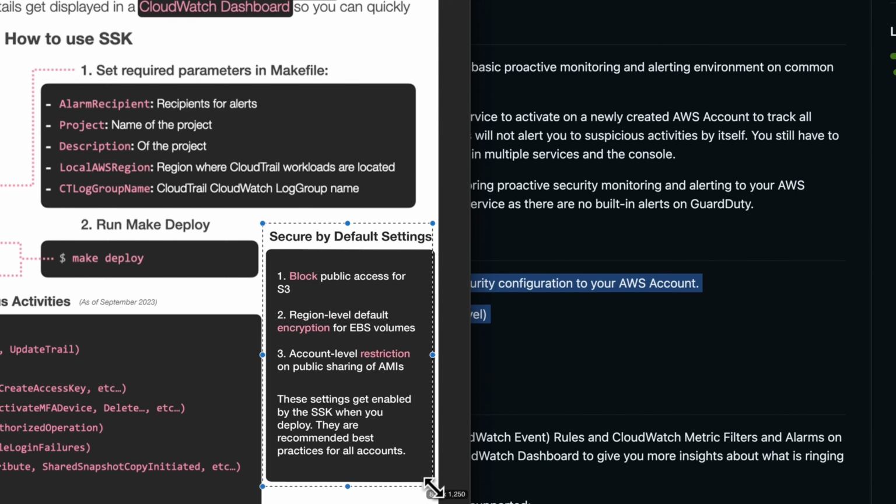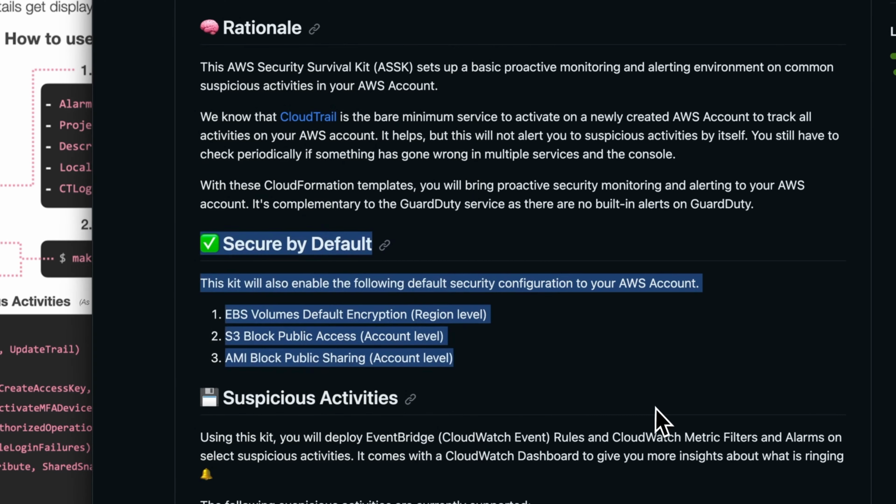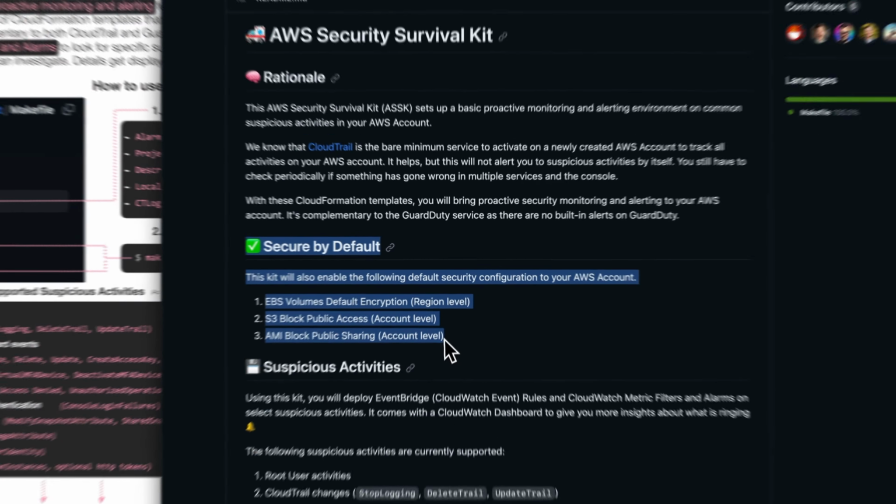We have block public access for S3, we have region level default encryption for EBS volumes, and we have account level restriction on public sharing of AMIs. These are all going to be very important defaults to use, and so that's why this tool automatically deploys that for you. Now let's take a look at how all of this is achieved by pulling up the code from